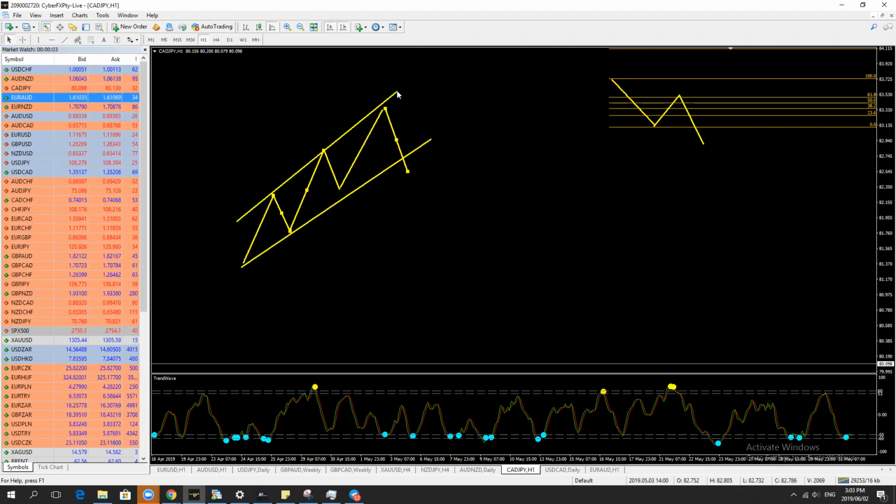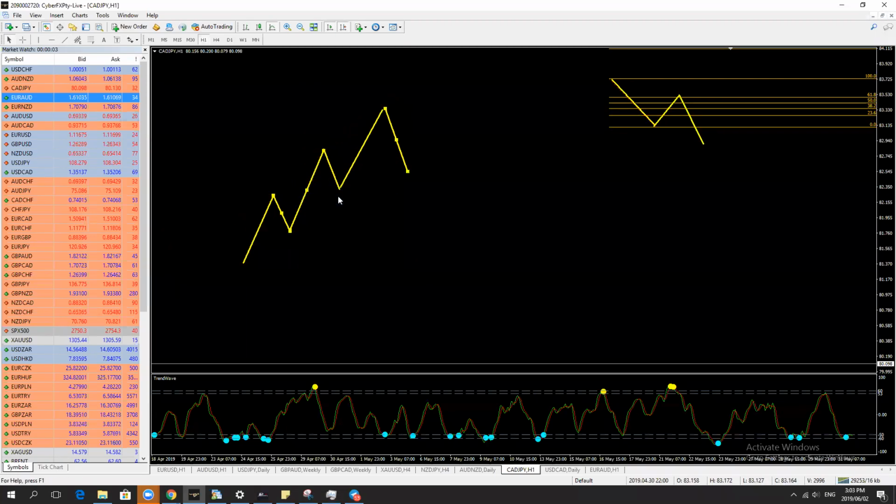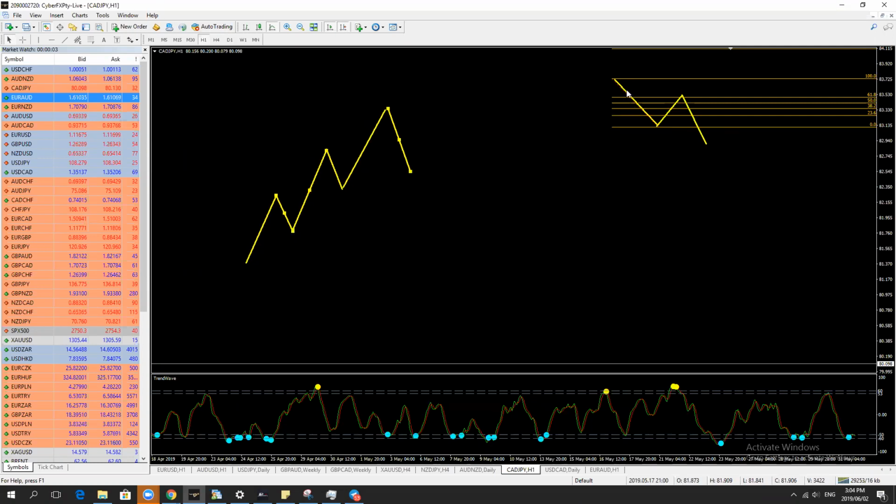what this tool helps you do is identify entries if you've identified your trend. So if you know, for example, this is an uptrend, we know this is an uptrend, right? But how do we know when to enter? And that's where the Fibonacci comes in, right? So a Fibonacci,